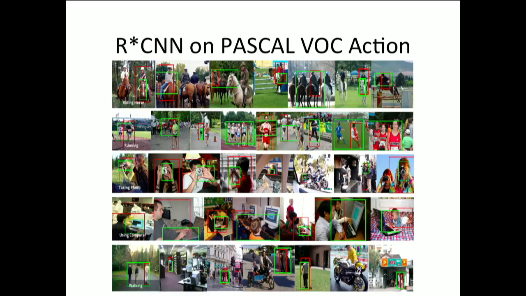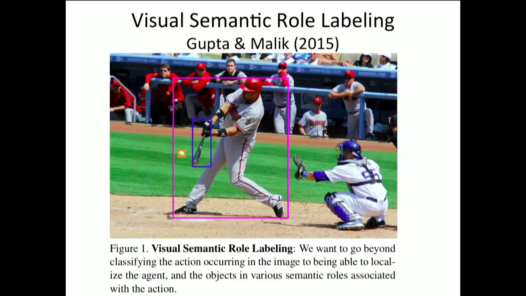So some more examples. We want to do more than just saying hitting. I would like to say that this person is hitting this ball with this bat, right? So this is what's called semantic role labeling, and in language this is all very well developed, right? So they have the agent, the patient, the instrument, etc., etc. So in language understanding people want to identify the roles, and we want to do that